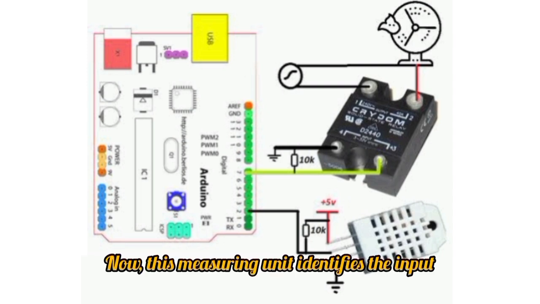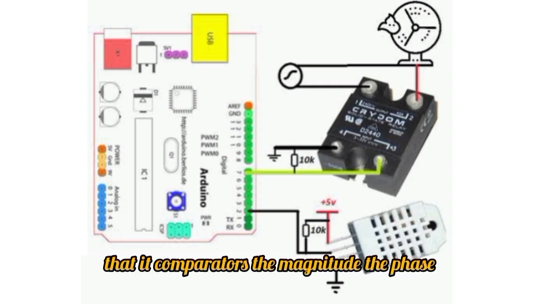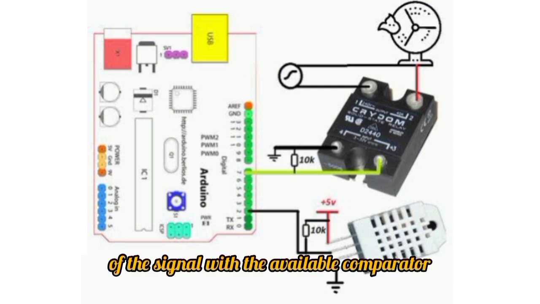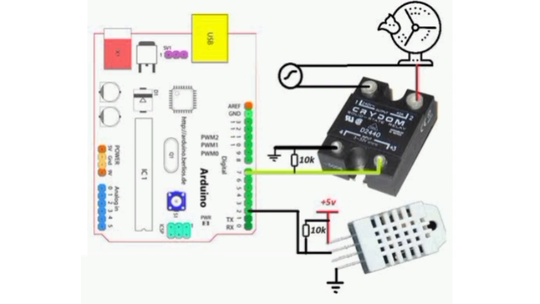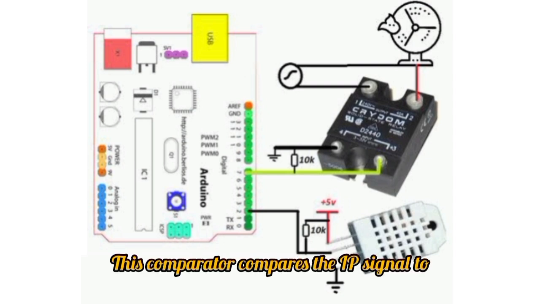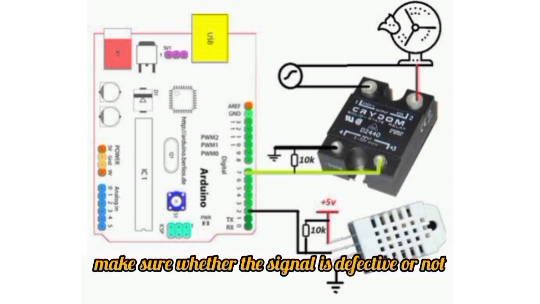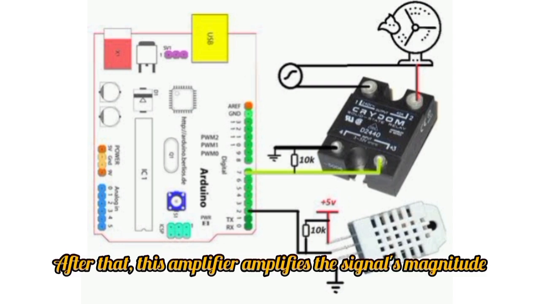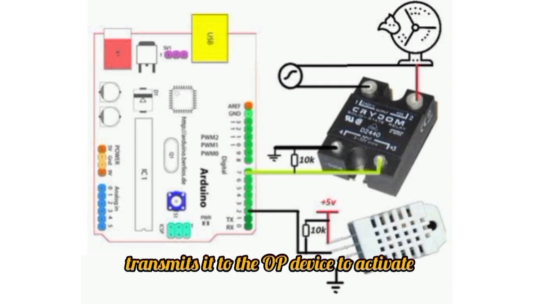Now, this measuring unit identifies the input signal level. After that it compares the magnitude and the phase of the signal with the available comparator in the measuring unit. This comparator compares the input signal to make sure whether the signal is defective or not. After that, this amplifier amplifies the signal's magnitude and transmits it to the output device to activate the trip coil to